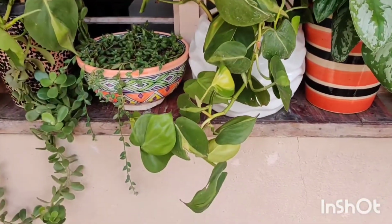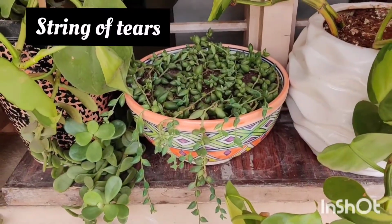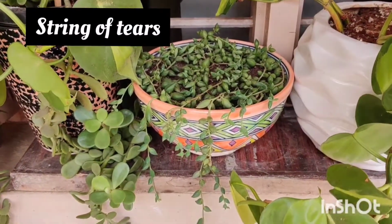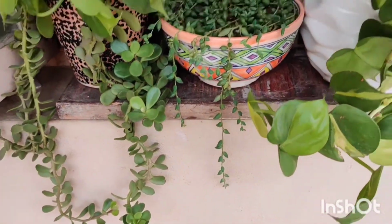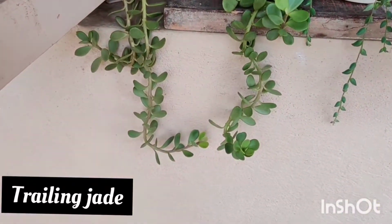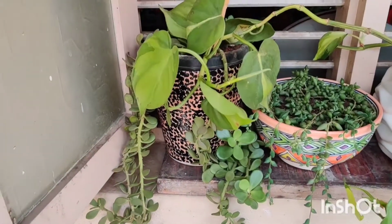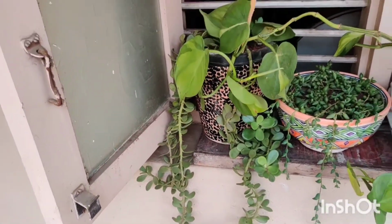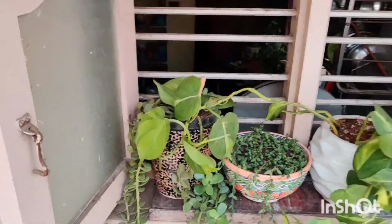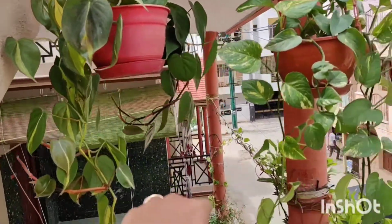Okay, next is my Philodendron Brasil, then my Senecio, again string of tears, beautiful plant, very fast grower. Then my trailing jade, again one of the older senior plants which I've had almost 5 years now, and just keeps on growing. So then we come to my hanging plants. Yeah, as I said, Philodendron Brasil and